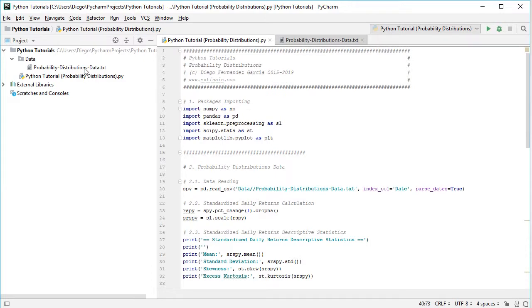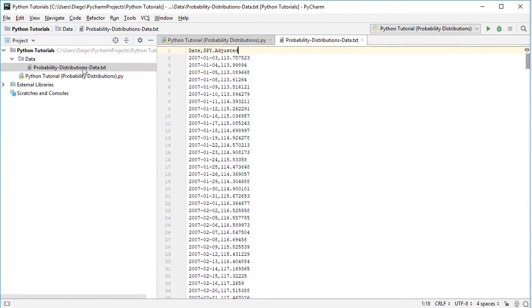So let's go ahead and open that data file. As mentioned, this is a plain text file with .csv or comma separated values. The first column corresponds to dates, and the second one corresponds to SPY adjusted. SPY is the ETF investment vehicle which intends to replicate the Standard & Poor's 500 index. Adjusted because this includes adjusted close prices which were adjusted for dividends and splits. Data has a daily frequency, and we have data from the beginning of 2007 to the end of 2015, therefore 9 years of data. So going back into the code file,